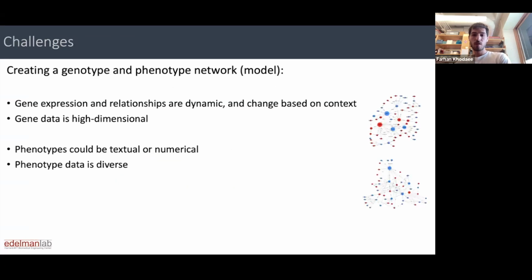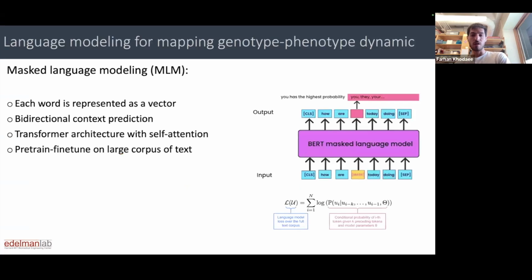So I'm going to skip this one. Like I said, it's high dimensional, but I'm going to go through this in a little bit. The way that I think about it is masking in language models. We have some phenotypes, we have some genotypes, we mask them, and we want to understand the relationship between them. So in this study, I used BERT as a bidirectional, context-dependent prediction transformer architecture,